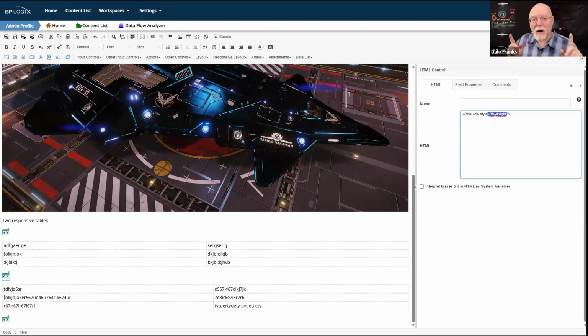And they're going to stay there until the screen becomes so small that there's not enough physical space for them to sit next to each other, at which point the second table will once again flop over to a vertical array and will sit below the first table, which we just saw happen a minute ago. And the final, last HTML control that I have is the end div tag for the second control.